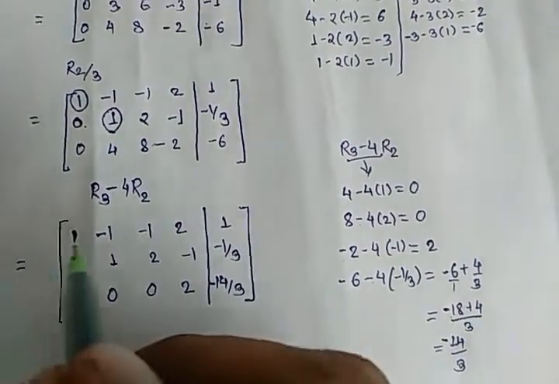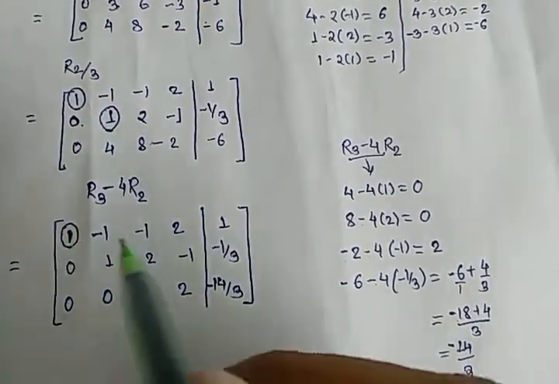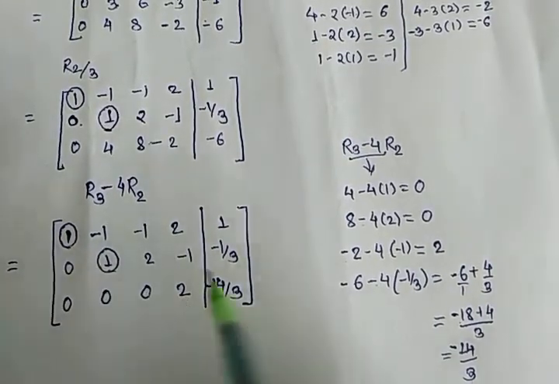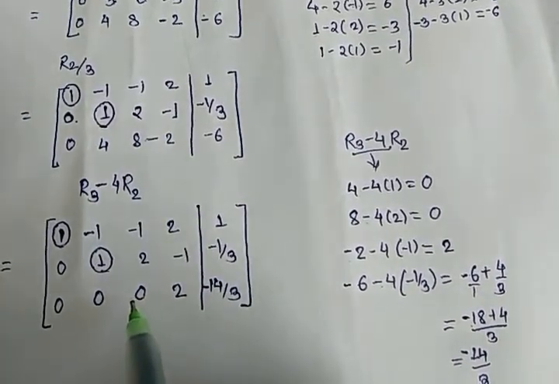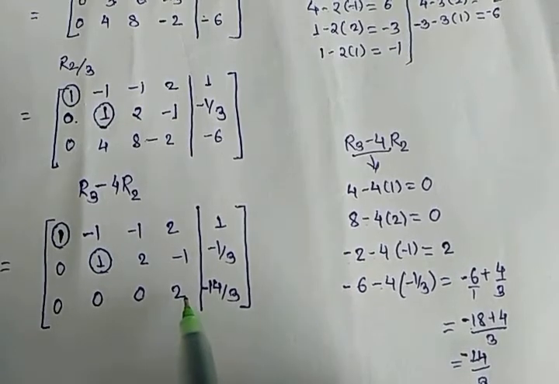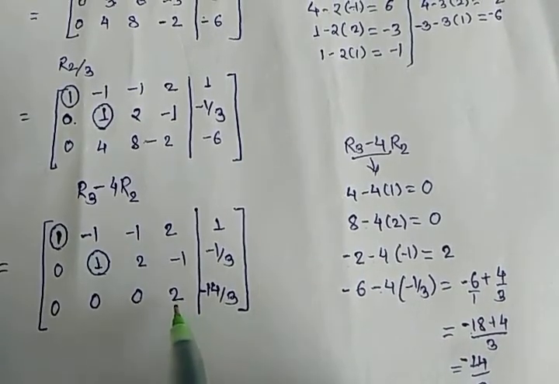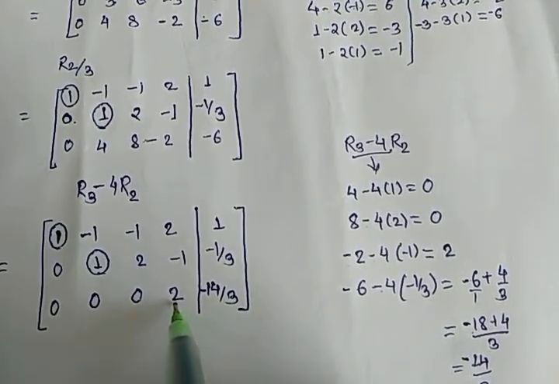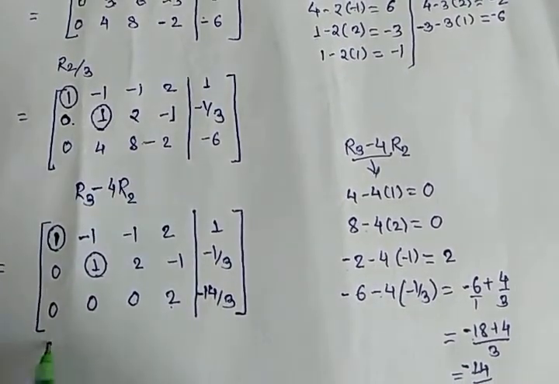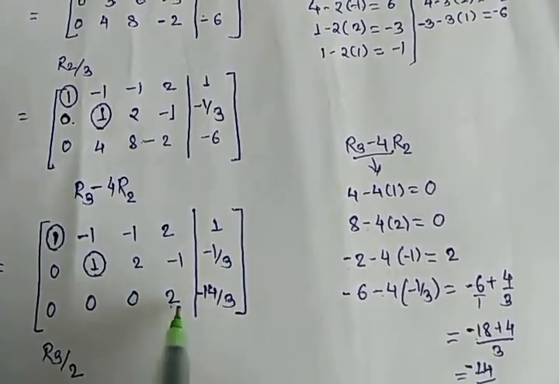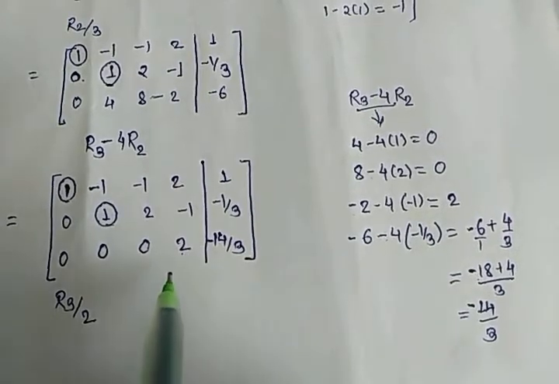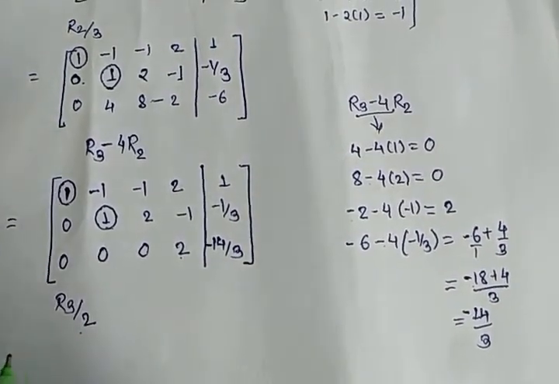Now here the leading 1 is at the A11 position and the A22 position. At A33 it is 0, so we check the next position to the right. Here it is a non-zero term, 2 is non-zero, so divide R3 by 2 so that it will be 1. So our next row operation is R3 divided by 2, so we get